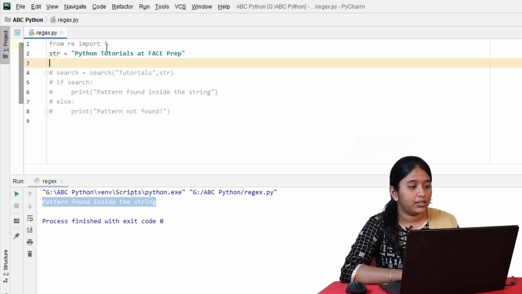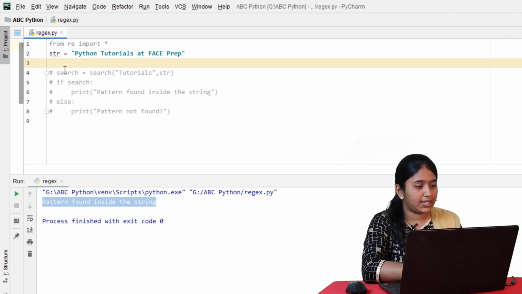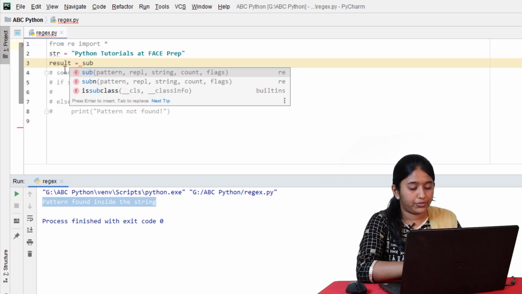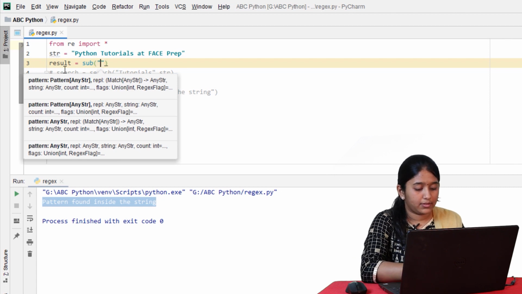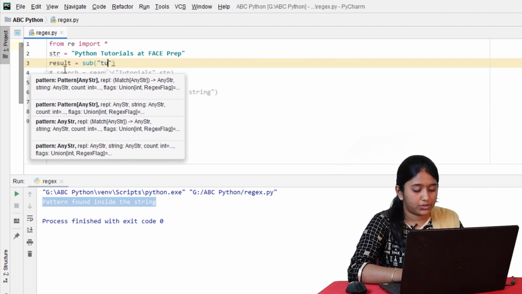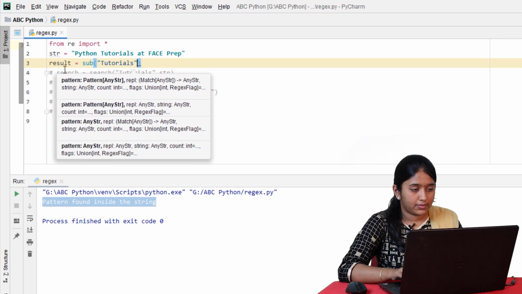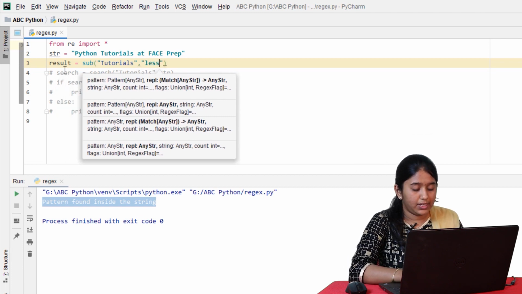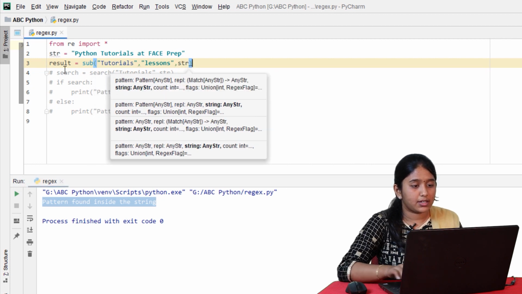Here, let's replace tutorials with lessons. To do so, let's declare a variable result is equal to sub of the string to be searched, which would be tutorials, comma, the string to be replaced, which would be lessons, comma, the string name str.